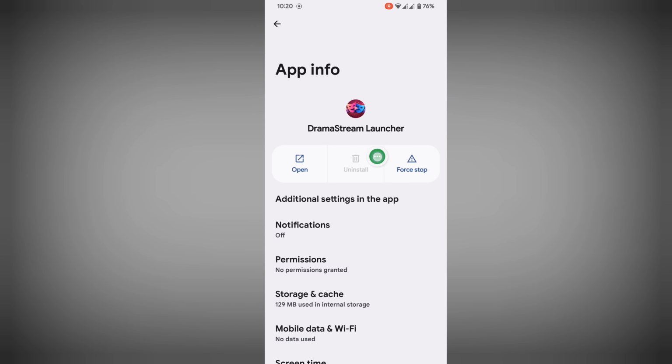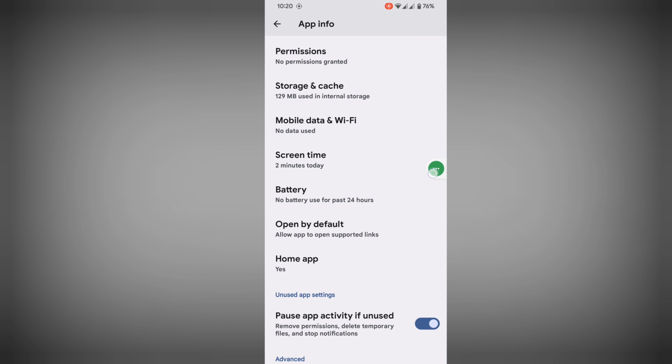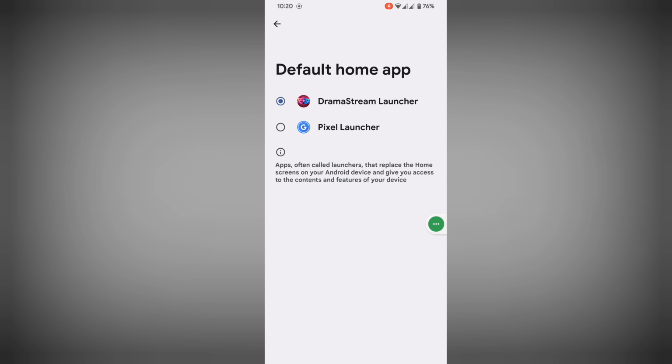You can see that there is no uninstall option. Scroll down, then click on home app, then tap on it, then go back to your phone launcher. For my case, Pixel Launcher, MI Launcher, System Launcher, any other launcher, tap on it,